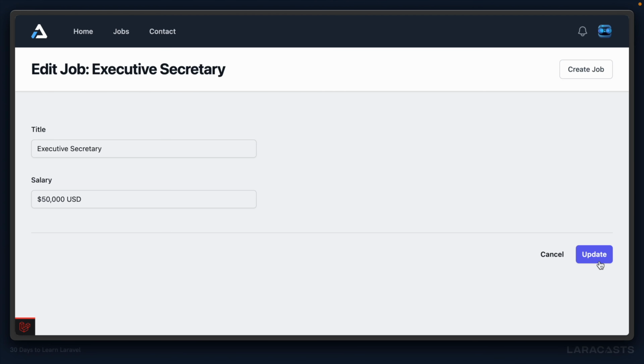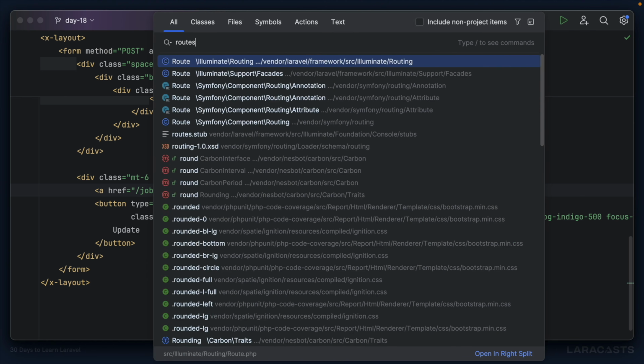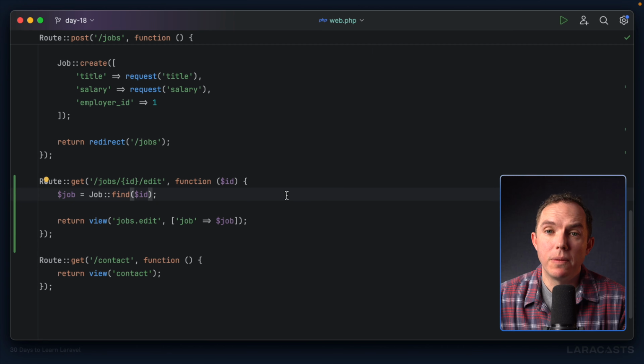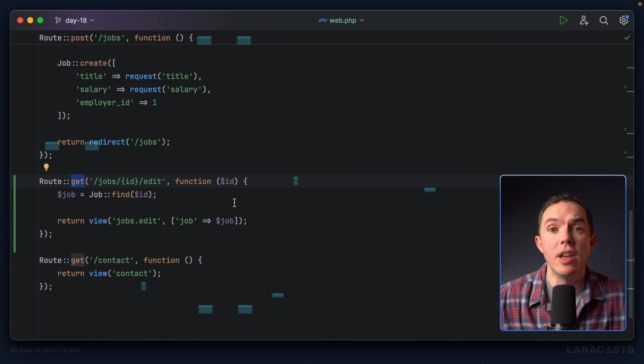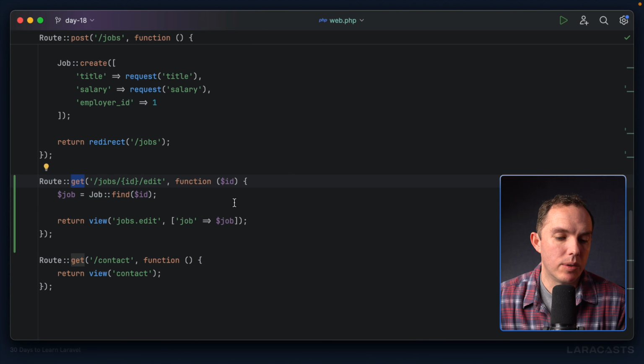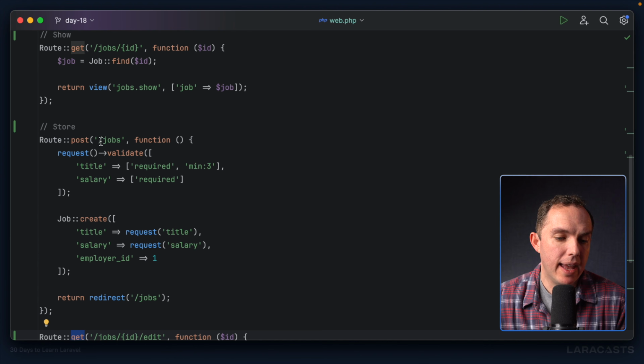Where should this send us? Well, let's go back to our routes file. Now, at this point, you've learned about two different request types. First, we have get. So a get request refers to getting a page, just like you would normally interact with a web page. Next, we have a post request, again, very common for submitting a form that stores some data